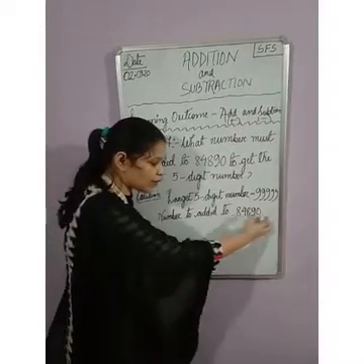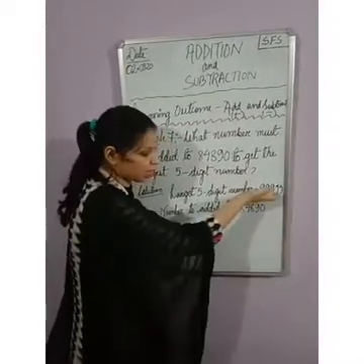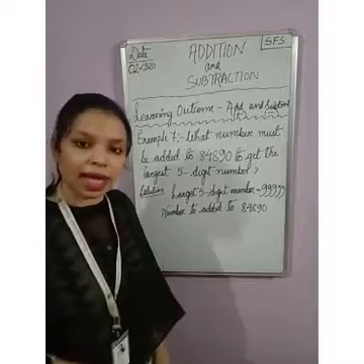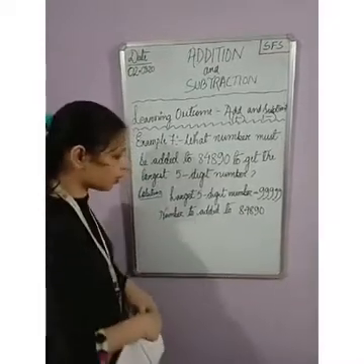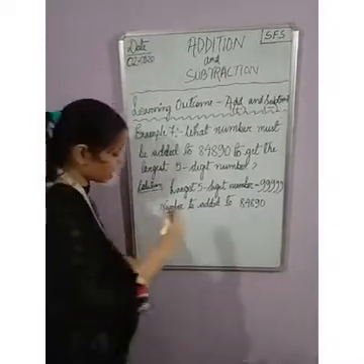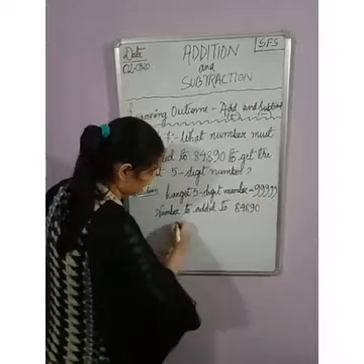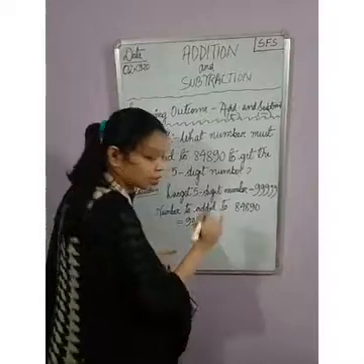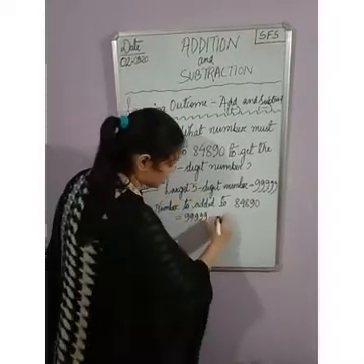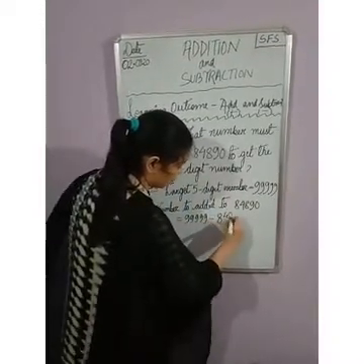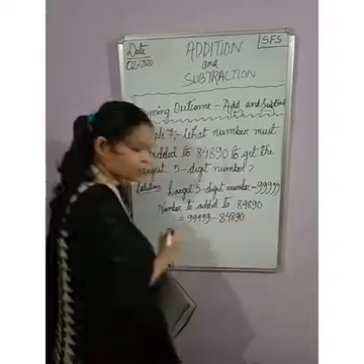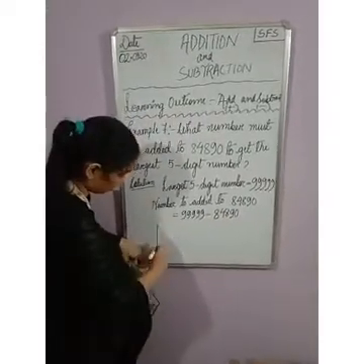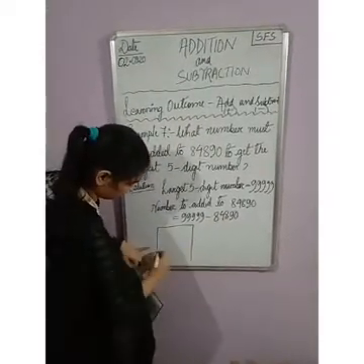Now with this, what we have to add so that it becomes equal to 99,999? To find out the answer, we have to subtract this number from this number. So 99,999, the sign for subtraction is the minus sign, and we get 84,890. Now let me subtract the numbers making the place value chart.